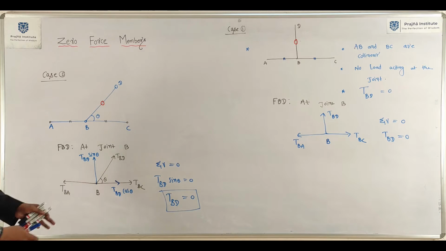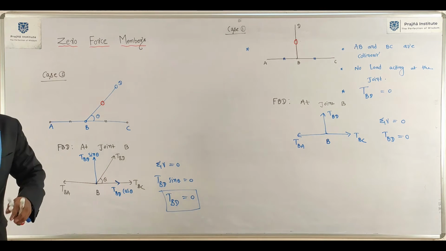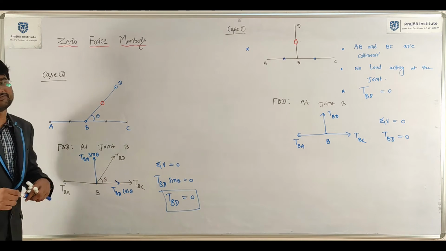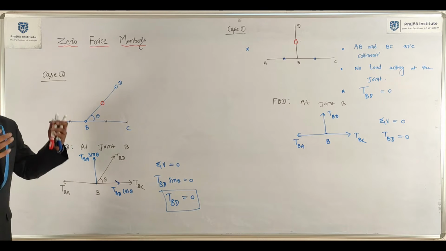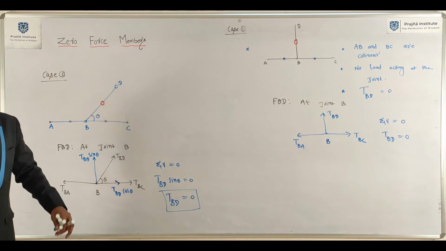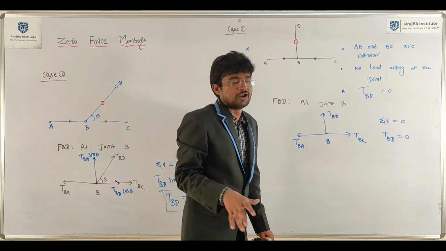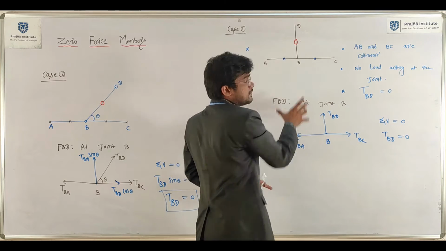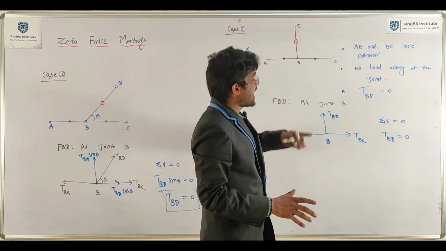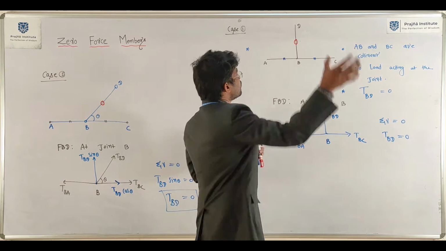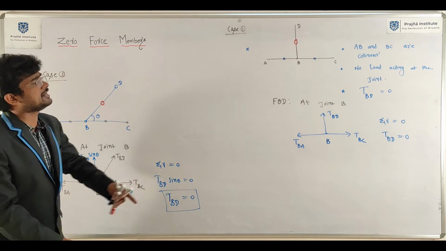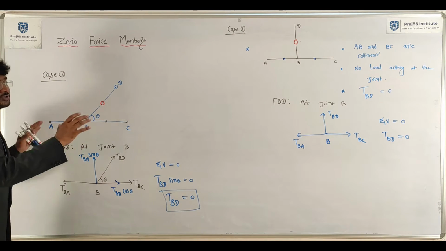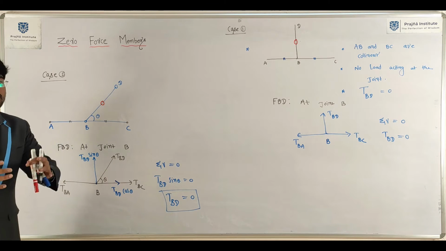Now we can discuss one problem based on the 3 members rule. We need to determine the number of zero force members in the given truss. Now you understood: in the 3 members rule, 3 members meet at the joint. In that, 2 members must be collinear and no load acting at the joint. In that case, the force in the non-collinear member must be 0. Even if it is perpendicular or inclined, that doesn't matter. Follow this rule blindly, you will get proper results.